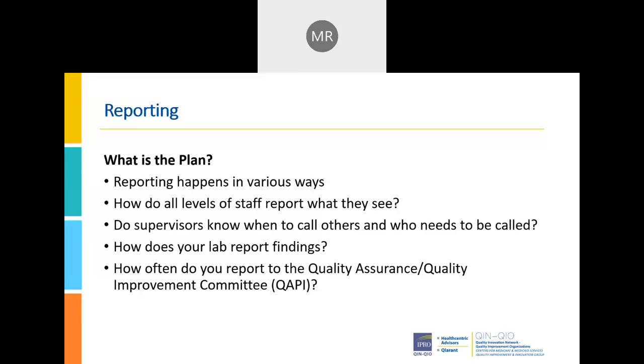How does your lab report findings? There's a lot of opportunity to look at the process with your lab. Do they call you if there's an urgent issue? Does it get faxed? Is it going right through your EMR? And is somebody looking at that? How are you finding out unique things with your lab? And if you don't have a concrete process, I suggest you meet with your lab and develop a plan, because that is always a good way to repair the problem. And your lab should be able to provide you a lot of information.